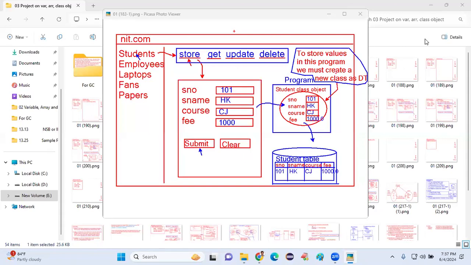Object-oriented programming is meant for developing business applications. Again, repeating, object-oriented programming is meant for developing business applications,